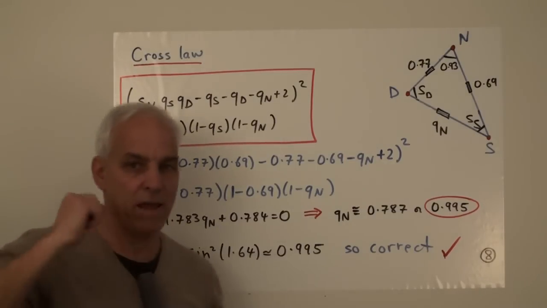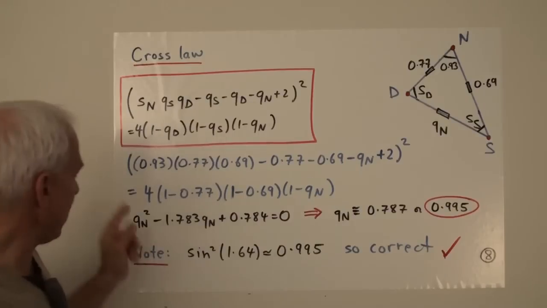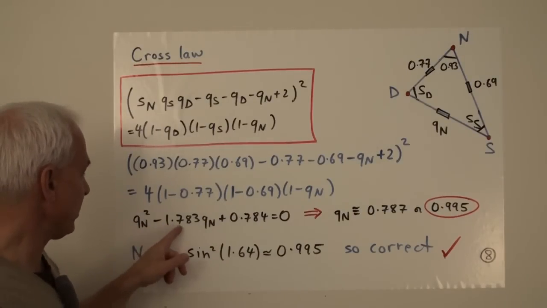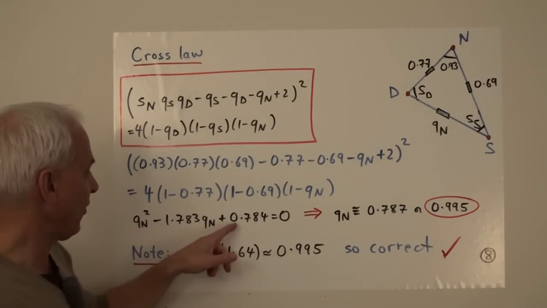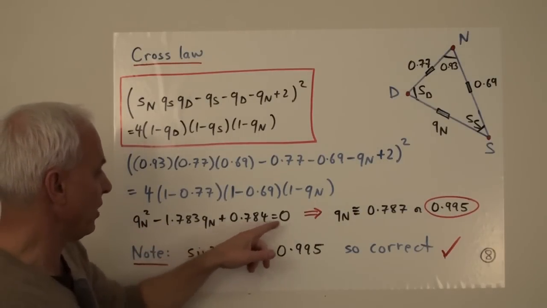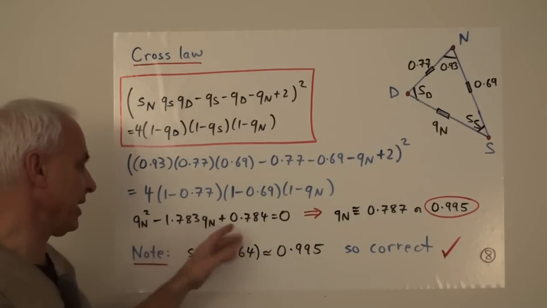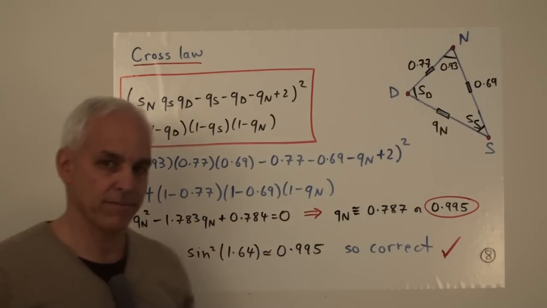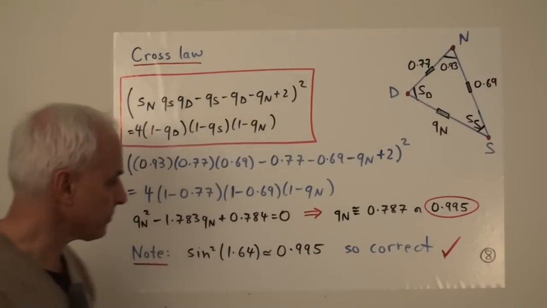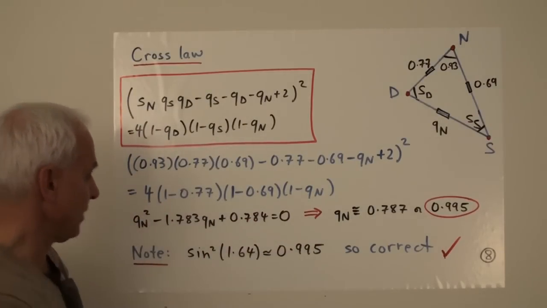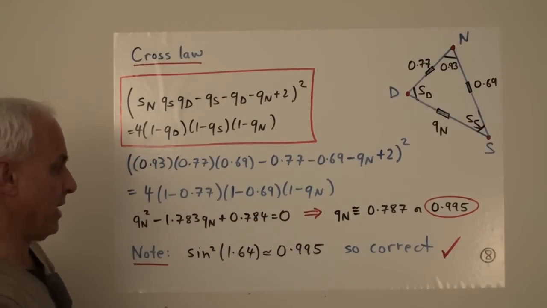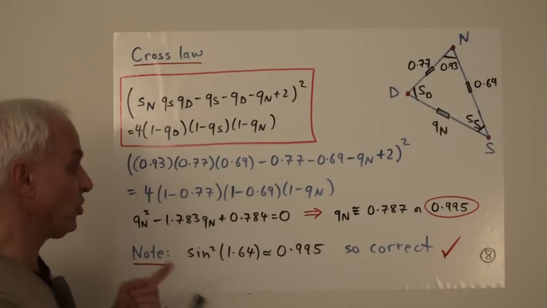We do this with a pen and paper. We get the equation Qn squared minus 1.783 Qn plus 0.784 equals 0. We get approximately like this. I've left off some extra digits. So we have to apply the quadratic formula, and we have to take an approximate square root, and we get 2 solutions,